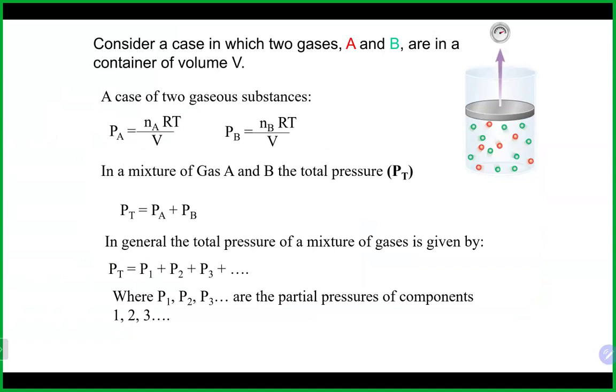Now, this also means, for example, if you were given the total pressure and the partial pressure of B, you could find the partial pressure of A by just subtracting the partial pressure of B from the total pressure. If you had just A and B in this mixture, and they gave you that information, you would not have to use the ideal gas law. You could just subtract. So that's another application of what you sometimes do in this total pressure situation.